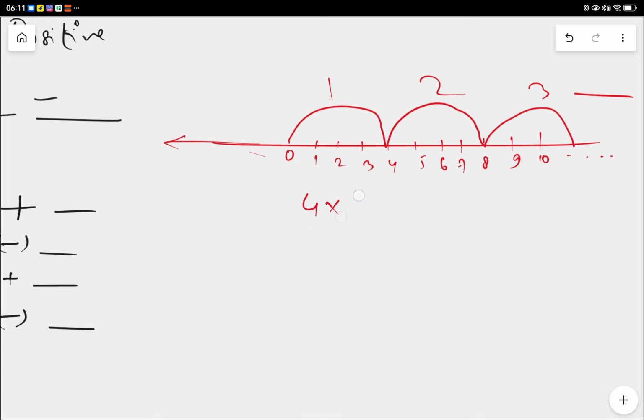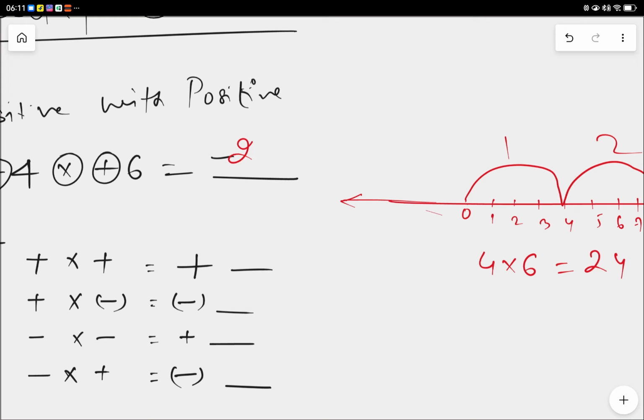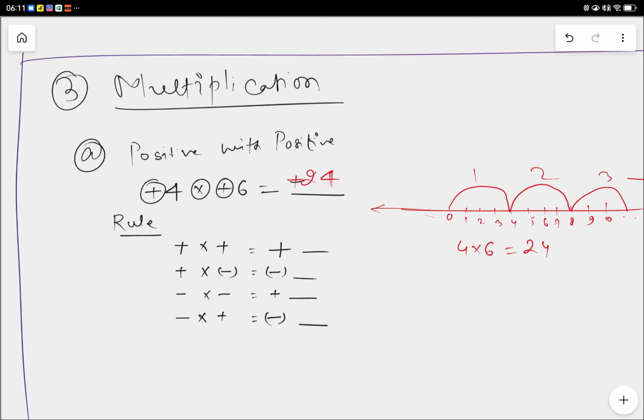So this 4 jumping 6 times will give us 24. Hence our answer will be 24. Okay, so next